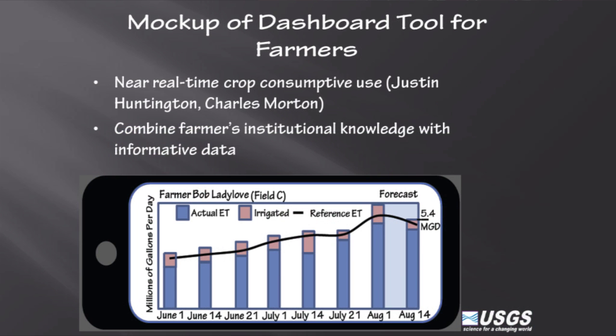And one of the big questions is, how can we distill that data to make it useful for farmers? I just have a mock-up here that we're still developing, but essentially this is an idea from the Prius. If you've ever driven a Prius, it's really fun because you're watching how good your fuel efficiency is relative to your behavior. So you start slowing down before the stoplights, you start taking off slower, all these behaviors, and you can see right in front of you how that is affecting your fuel efficiency.